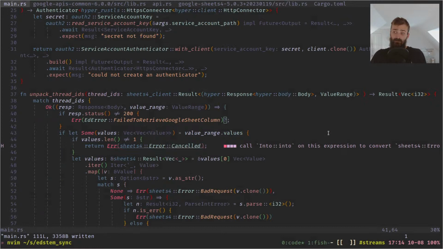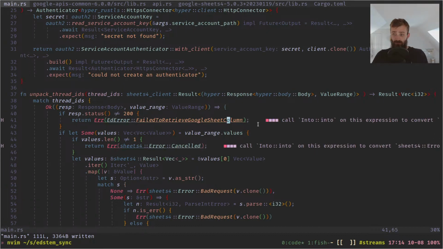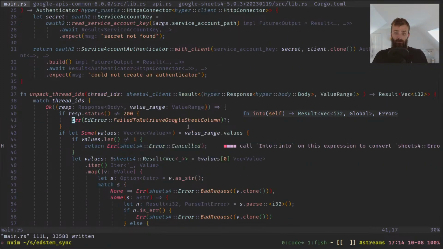I think the question mark syntax does something similar to this kind of thing, return error, but it also puts this into here. And maybe does one or two other things in order to get to what I'm trying to do here, which is to say that I have my own error type that I've implemented, and I want to return a variant of that enum,